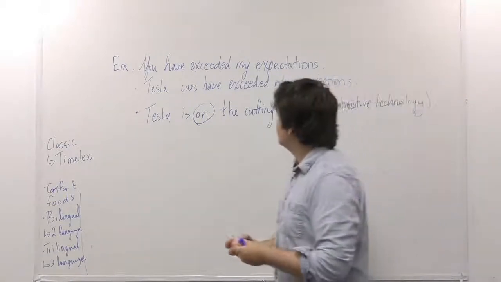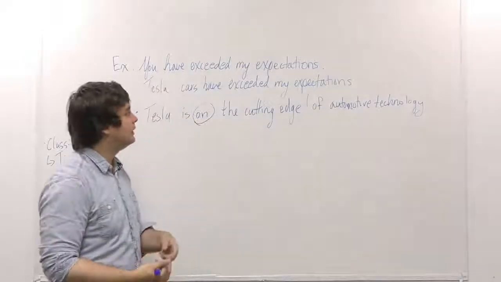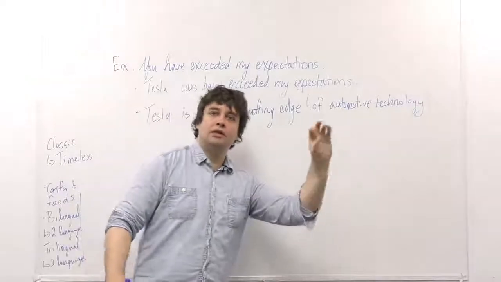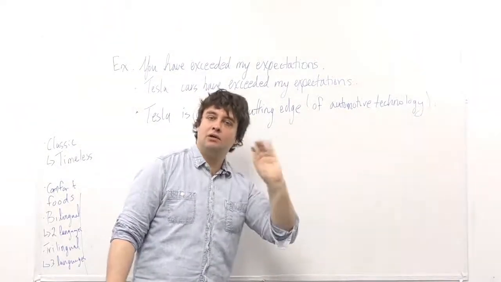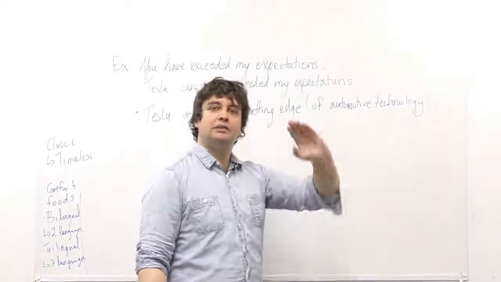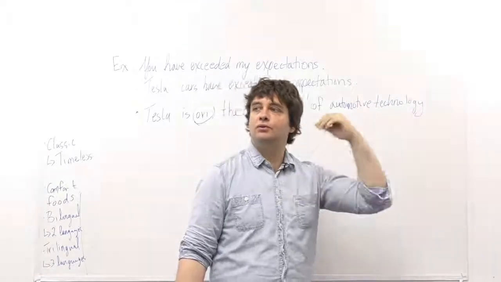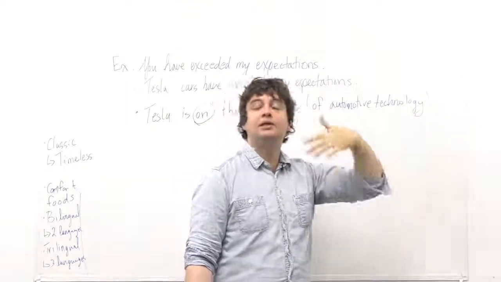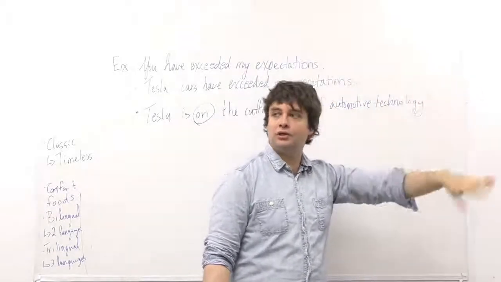So the meaning of this, of course, is that Tesla, the car company owned by Elon Musk, if something is on the cutting edge, that means they are like the best of the best. They are in their field, whatever field that is, one of the most innovative companies, right? They're one of the most creative. They are technologically or stylistically, it depends on what you're saying, kind of ahead of the competition. They're in the top